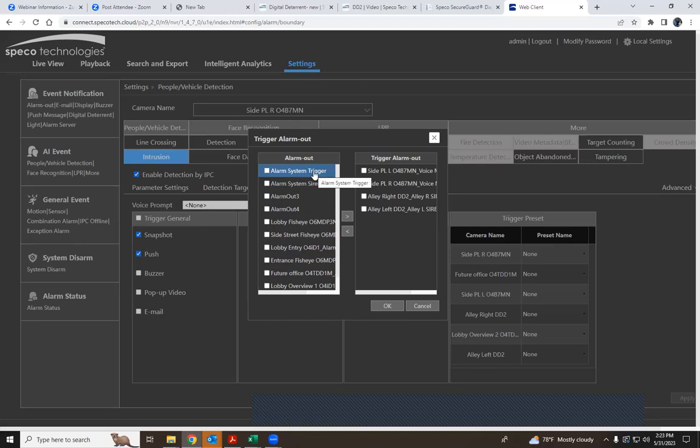Alarm system trigger. I have alarm output 1 from the recorder run into a zone on the alarm panel, and it's programmed as a silent alarm. So in a few different instances, if I pull my cameras up at night and I see somebody there or trying to break in, I can pull my alarm outs out of my camera app, Speco Blue, and I can trigger that alarm system trigger